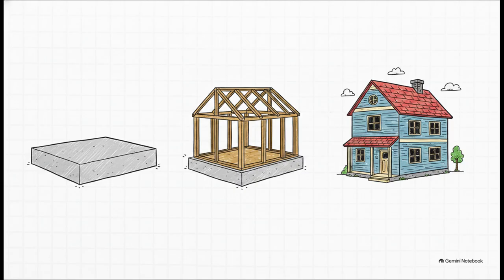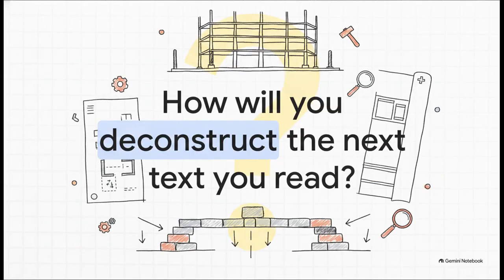evaluates the author's argument. You now possess a highly effective toolkit. You aren't just a passive reader anymore. You are a textual architect. So, now that you have the blueprint, how will you deconstruct the structure of the next text you read? I really hope you approach your next reading assignment ready to tear it down to the foundation, outline its framing, and build your own